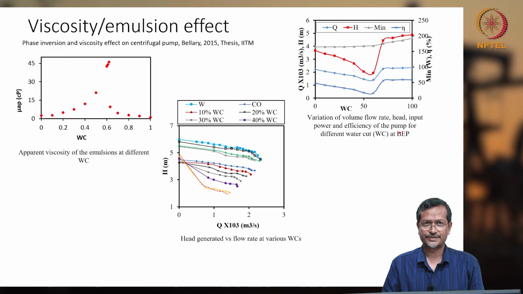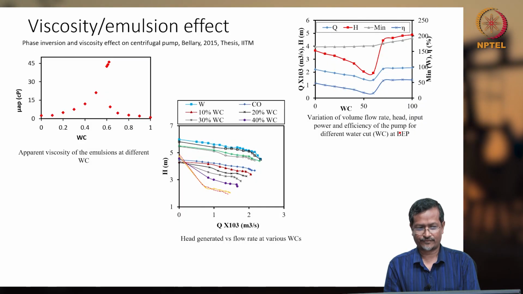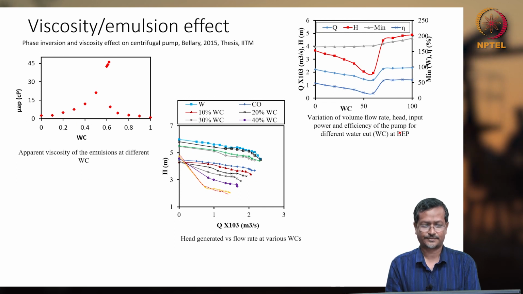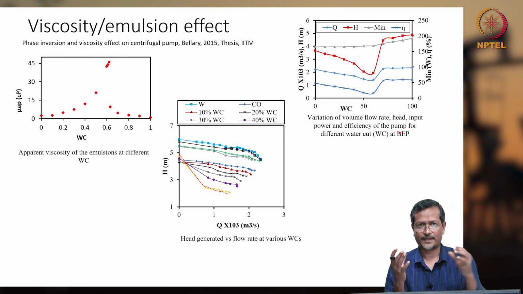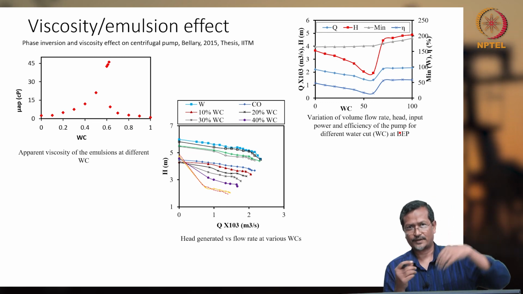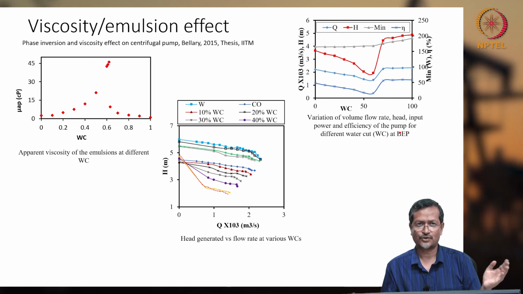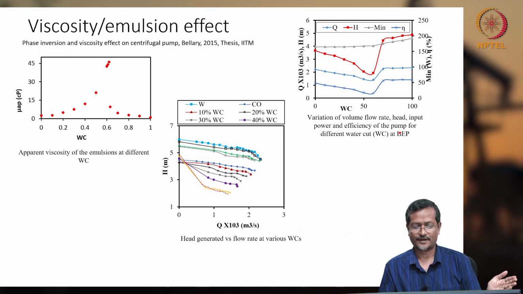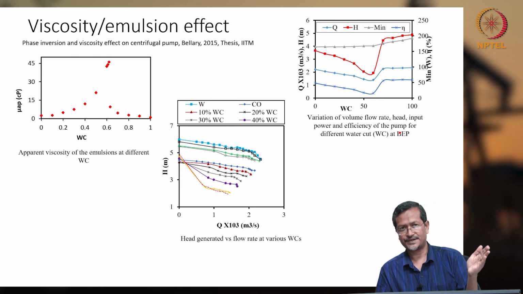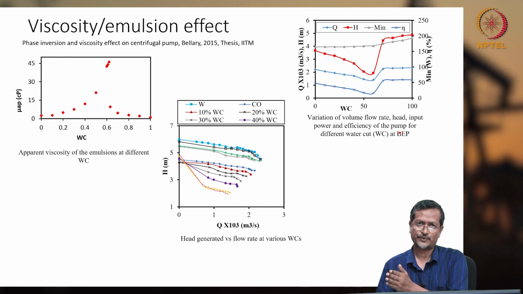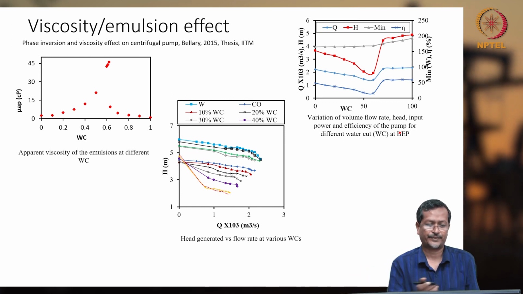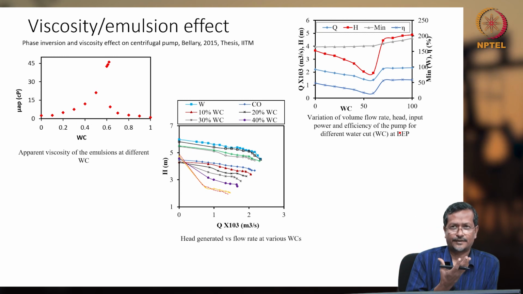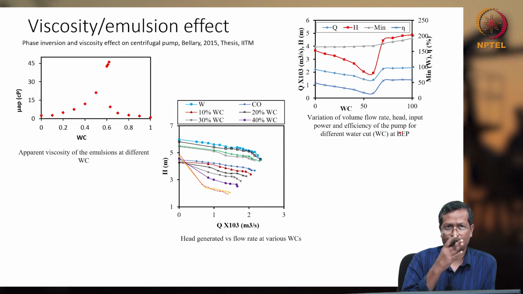Okay, when I was teaching the emulsion part, we talked about phase inversion, right? Water cut: you take a certain amount of oil, you add water, and create an emulsion. When there is no water, that is 0% water cut, and the water keeps increasing. If it completely becomes water and there is no oil, that will be 100% water cut. Okay, so when a certain amount of oil is there and you're adding water,